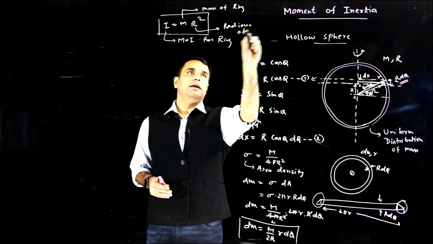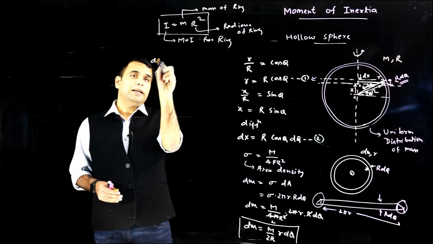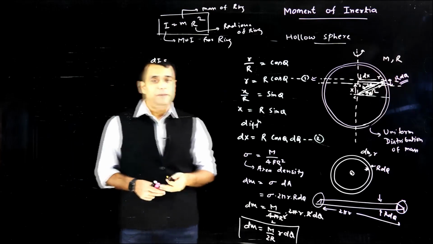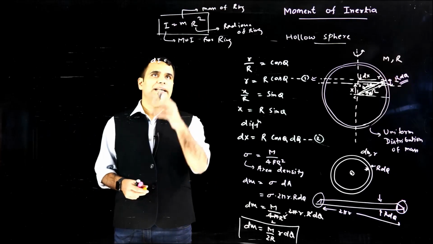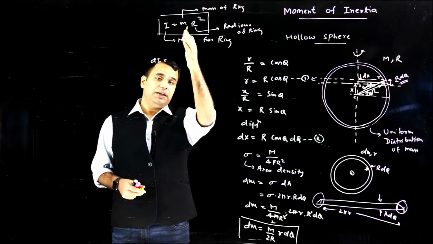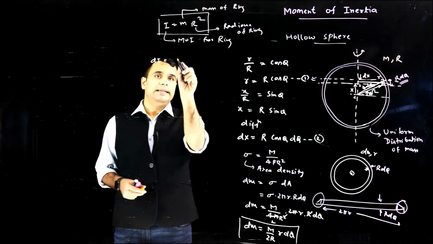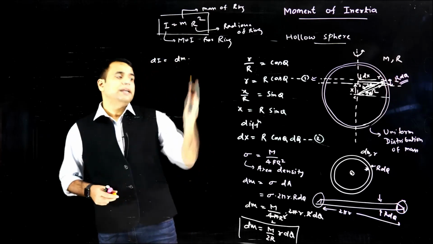Radius of ring. So that's the formula. Now if I use this same formula for the element, because my element is a ring shaped element. For this ring shaped element, if I need to calculate the moment of inertia dI, that will be equal to the mass of the ring. In this case, it was m in the formula, but here it is dm. So it is dm into capital R square, which is the radius of the ring,